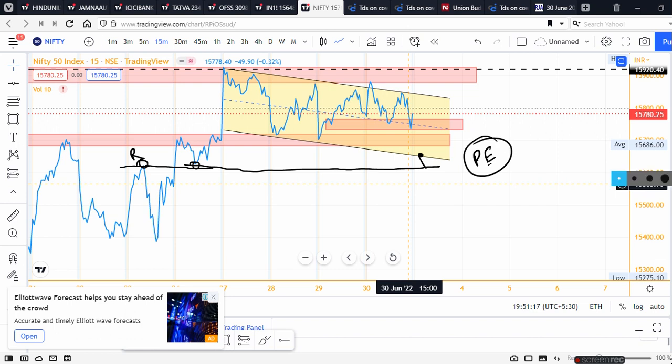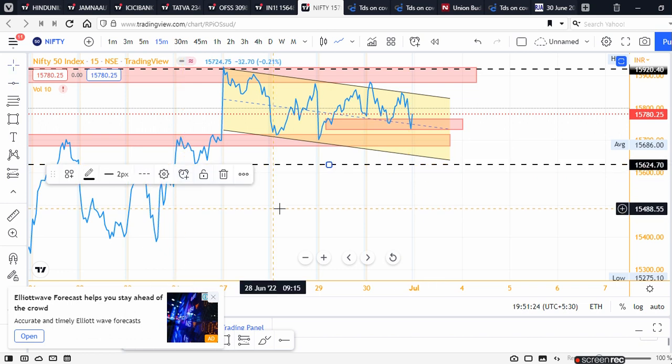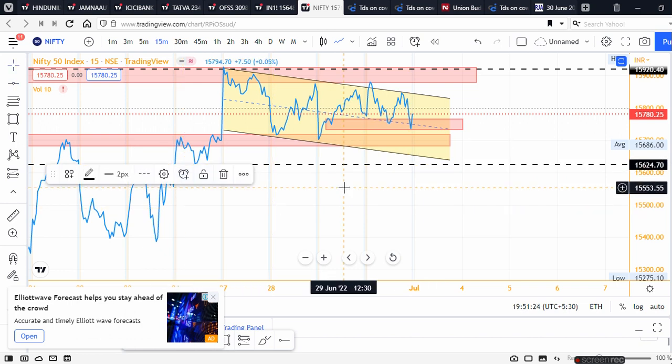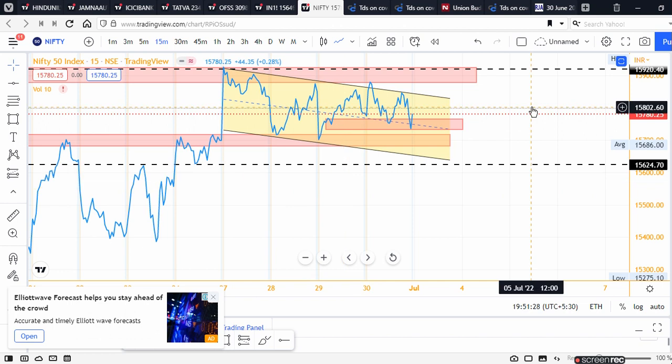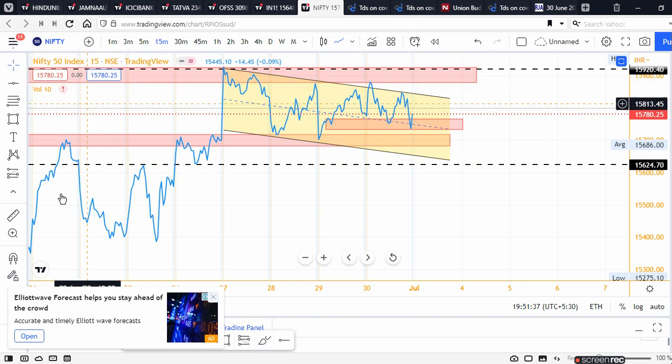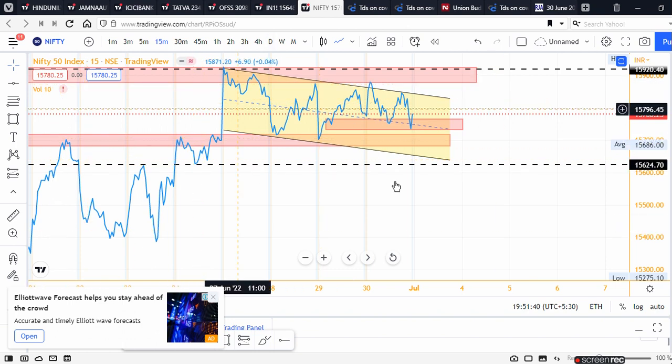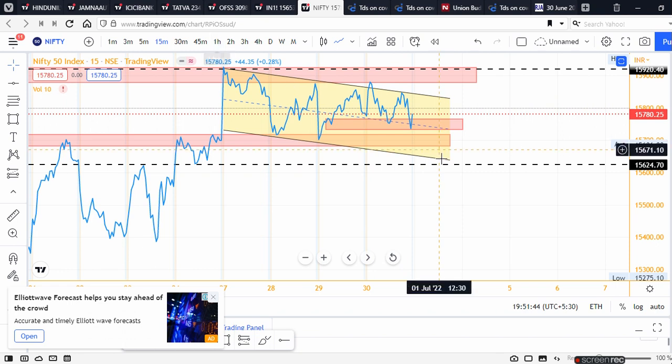What is this level? Let us mark on the charts. This level is 15,620. Till the time market does not go below 15,620, you can say specifically, we are not going to take a PE, and it needs to close below this, because right now we will be changing a major trend, which was an hourly uptrend, which is slowly changing. ठीक है, तो इसके नीचे हम सोचेंगे PE लेने का, and market अगर यहाँ से रिजेक्शन देती है इस जगह से, then also we can consider.